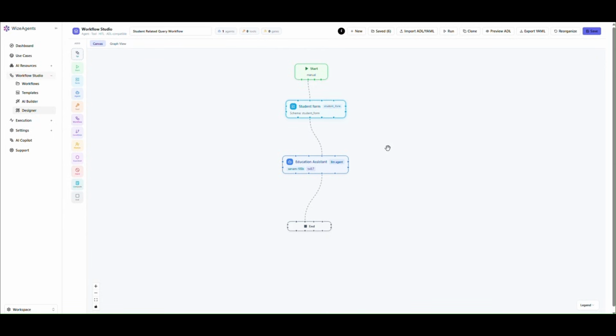Agents and tools perform the work, forms collect information. Human gates allow someone to approve or reject a step. Guardrails enforce policies, and hard stops immediately block the workflow when required. At the top of the designer, you can also see the total counts for agents, tools, and gates being used